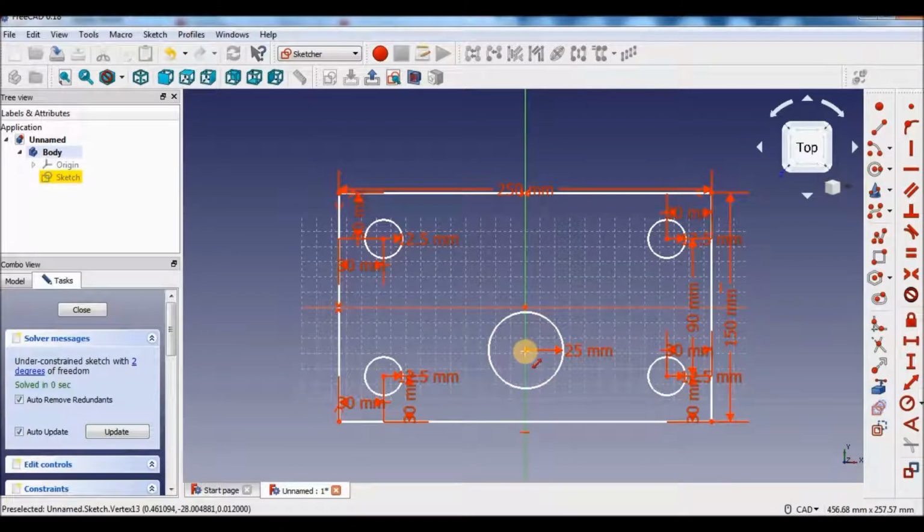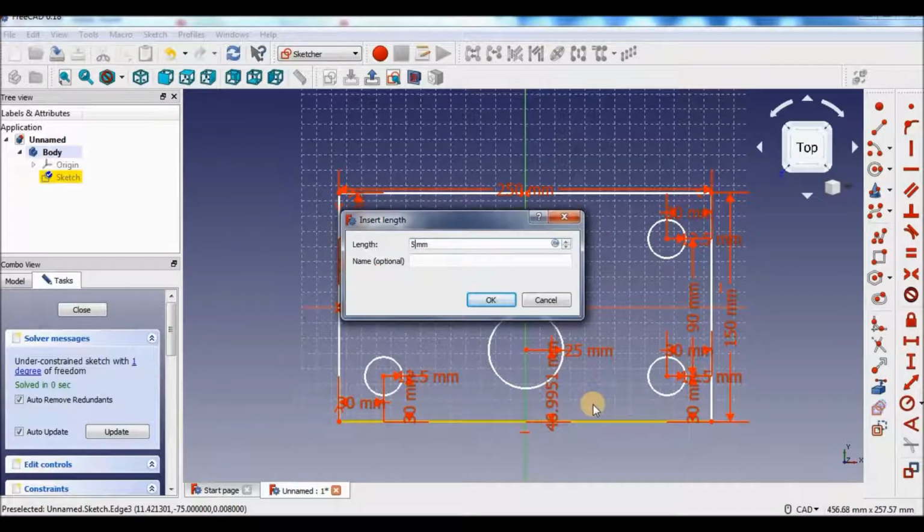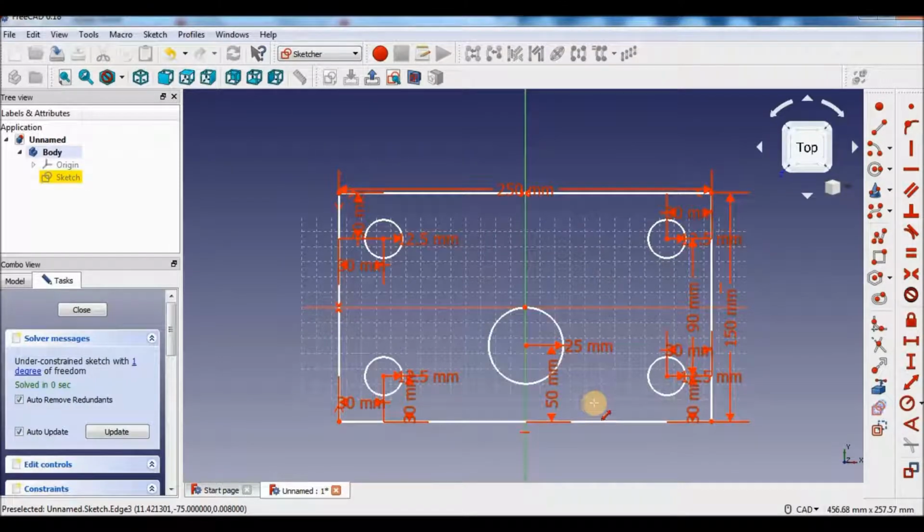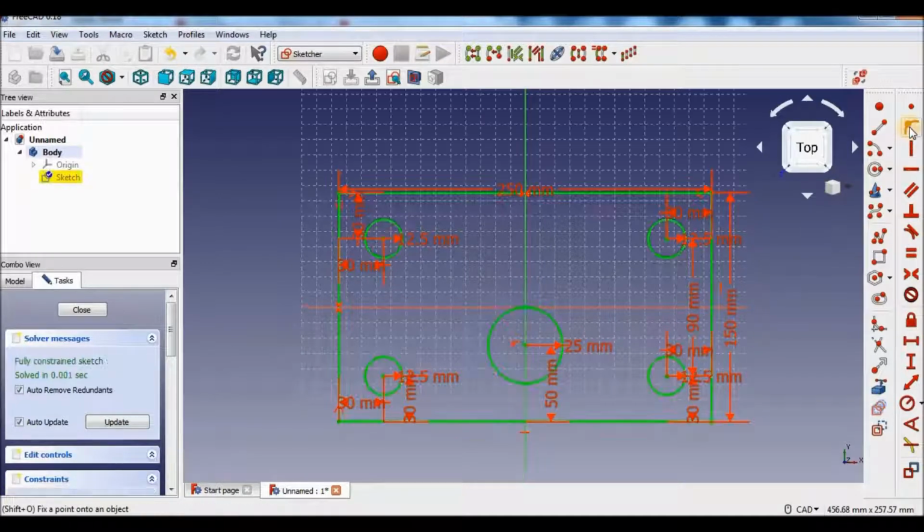Distance from the center to the bottom horizontal line is 50. But as you can see, the geometry is not in green color. So again we will select the center and the y-axis and make this symmetry. So the geometry is in green.